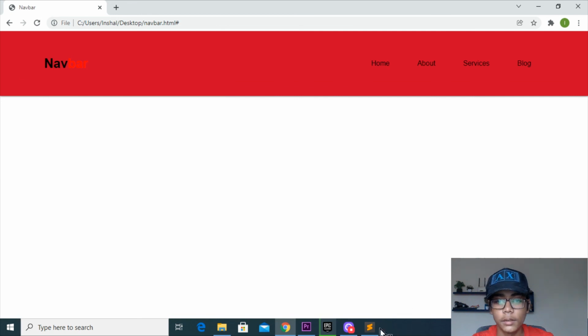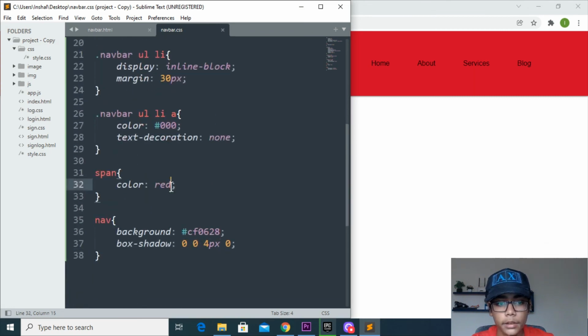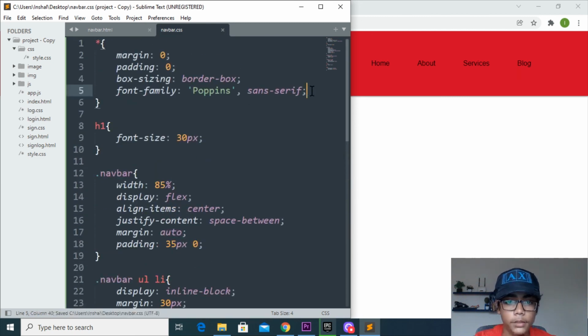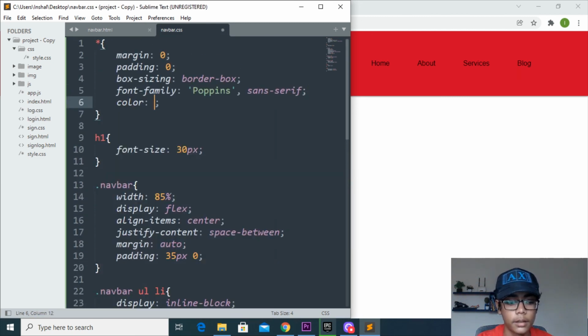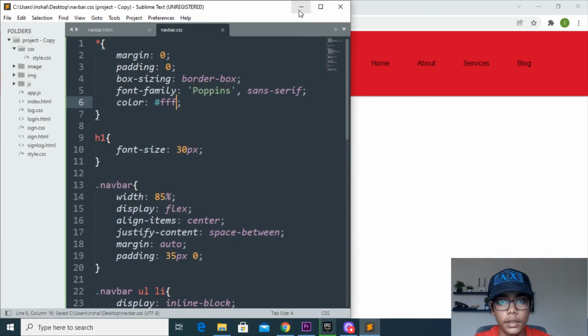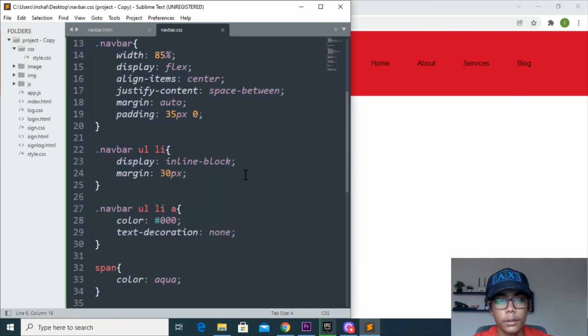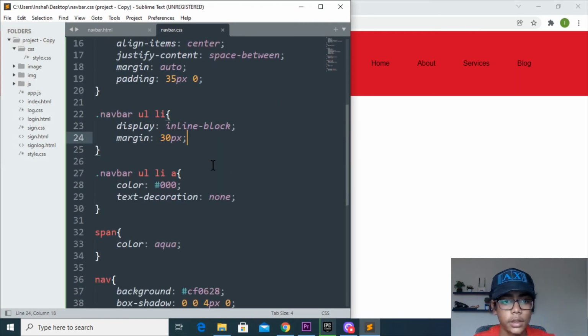But one thing is not good, it is just not coming in this. So here I will be doing one thing. I will be coming here, and that should be in aqua color, save, and everything should be in white. So simply I will be coming color white. Do that, refresh that. I will not be saving that, so do that. Save, you have to save that, because if you don't save it, it will be really difficult for you to work with that. So here I will now be coming, and I will be changing that to white.